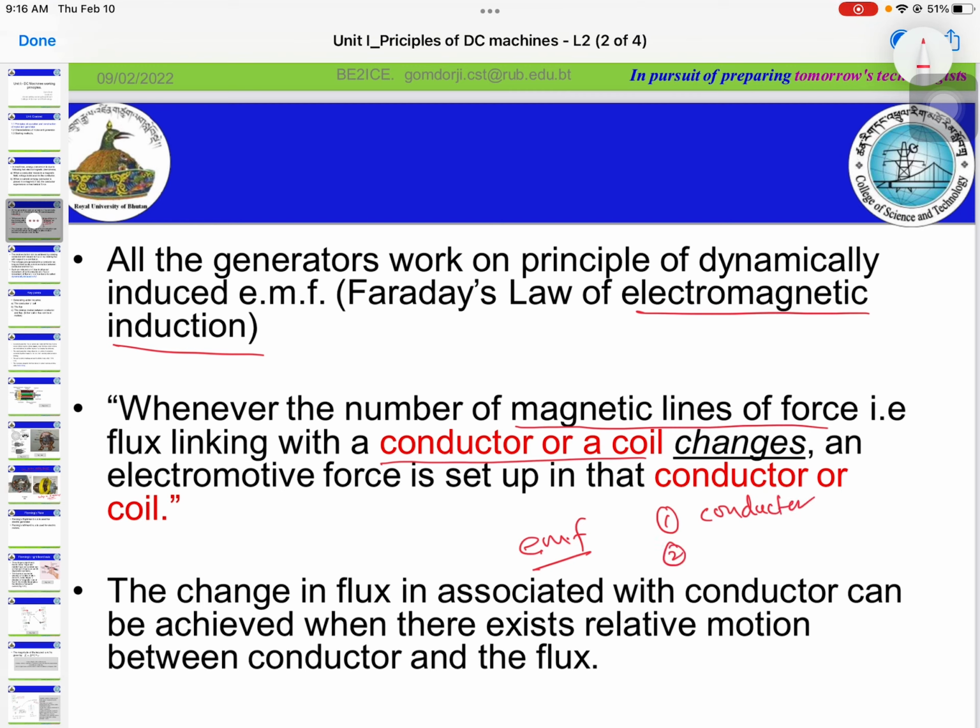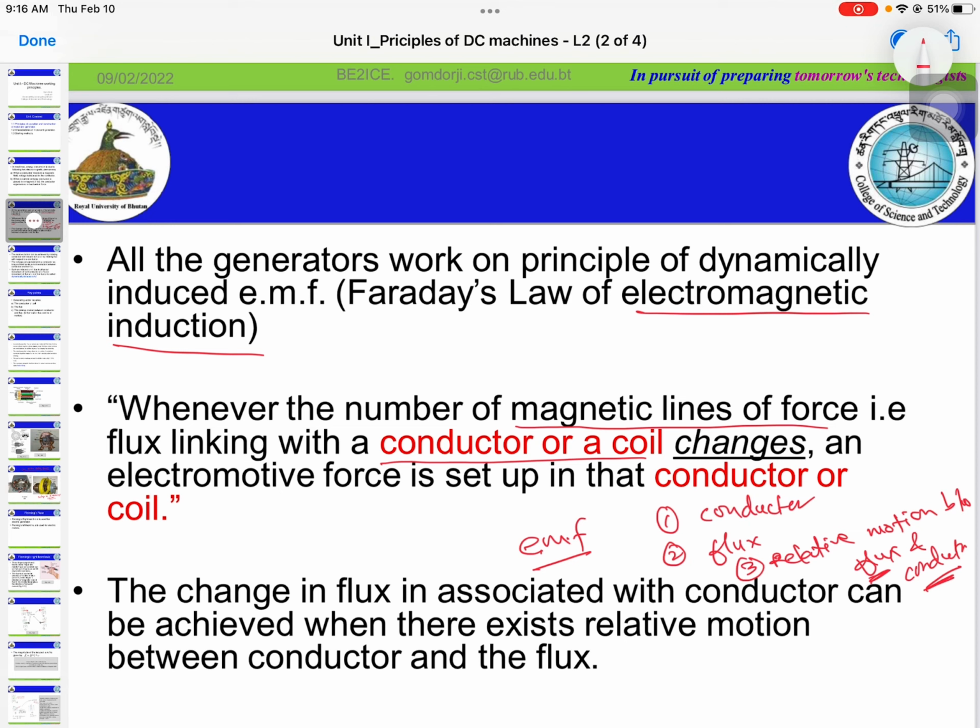The second one is the flux, and the third one is relative motion between flux and conductor. So here we can either have flux in motion or conductor in motion with respect to each